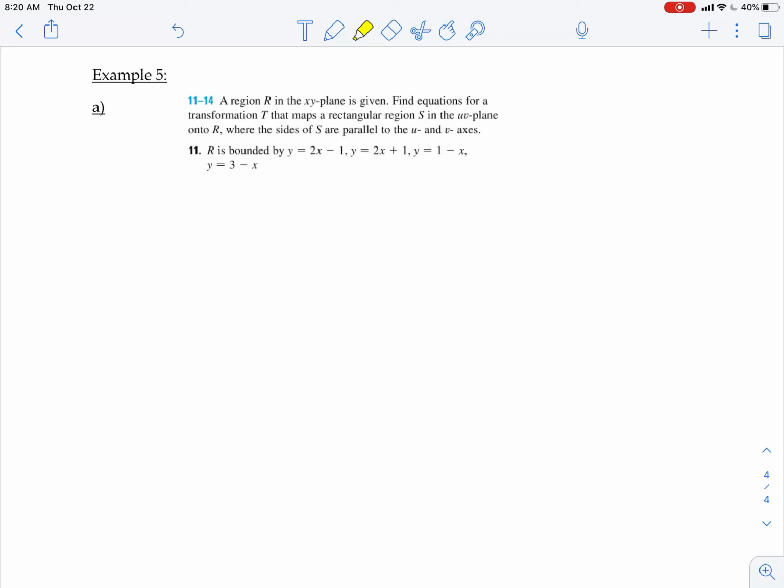Now, when I'm asking you to do this, it's not going to be a very difficult problem, because what you're really looking for is where we make u and v so that when we substitute these into our equations, we're going to get constants. So that's what we're always looking for. For this first one, we're just going to go ahead and plug in